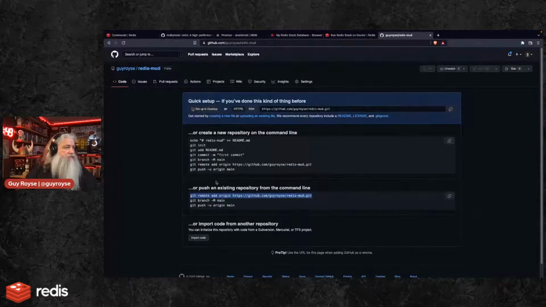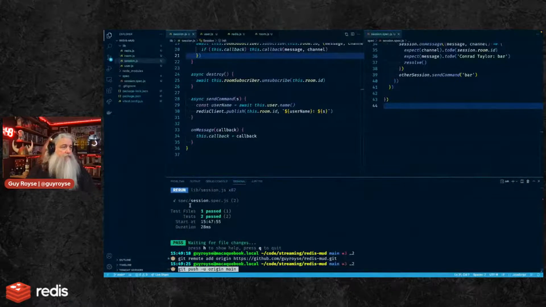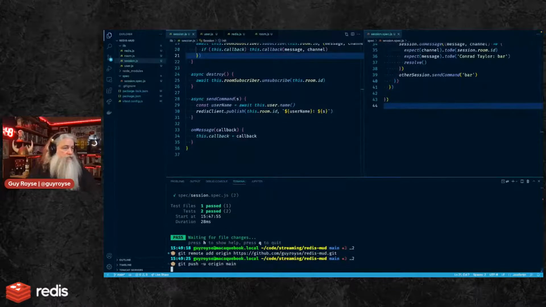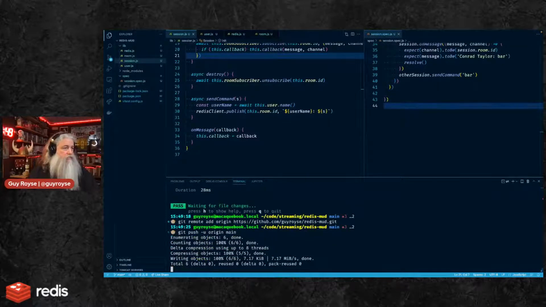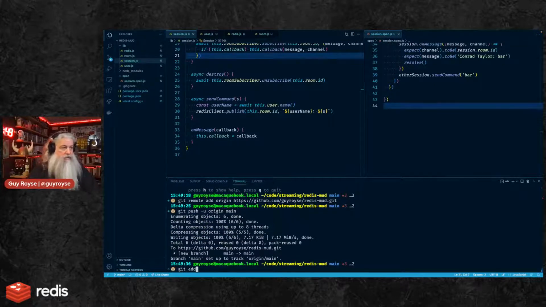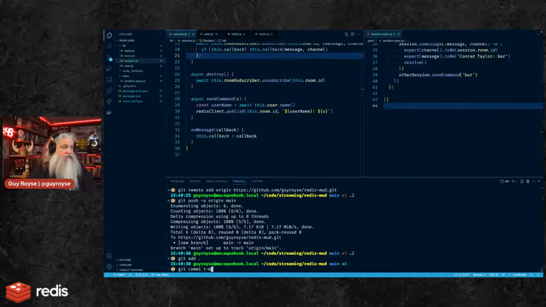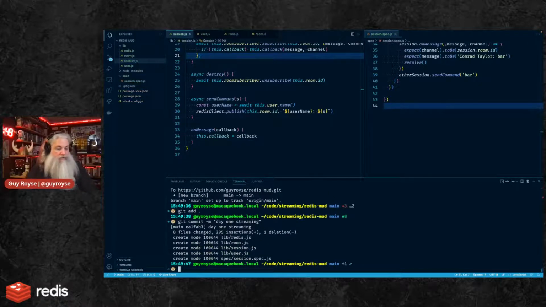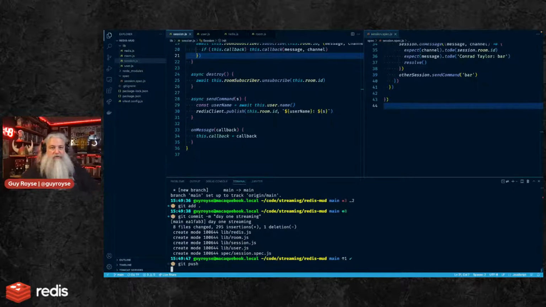And then it says make sure your branch name is main, but I've already done that. And we'll just say git add ., git commit -m day one string. Woo. There we go. Git push. There we go.